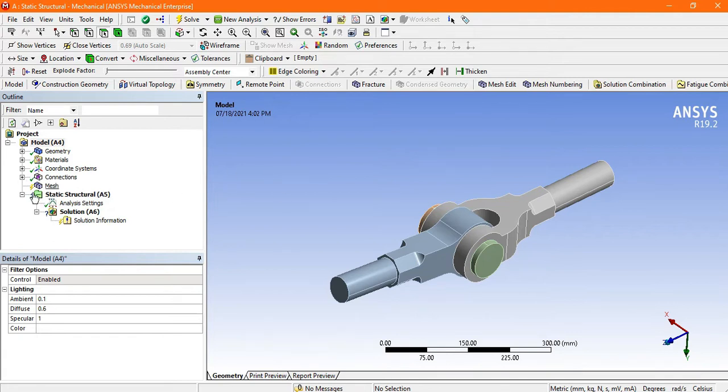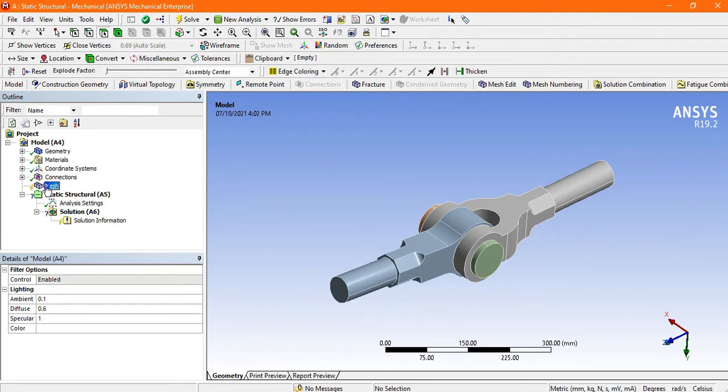After the mesh, there is the static structural option, where you apply boundary conditions like force, displacement, moment, like that. And next is the solution, where you get the results, like what the stress, strain and displacement are. So here we will discuss the mesh.